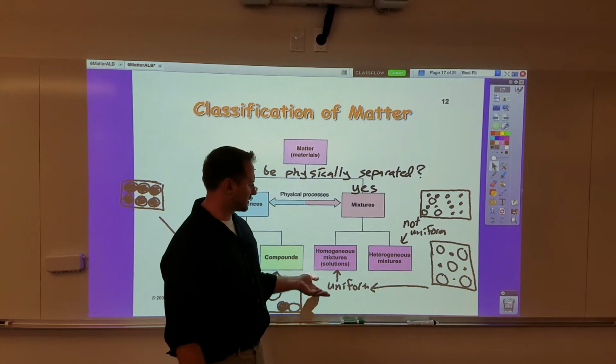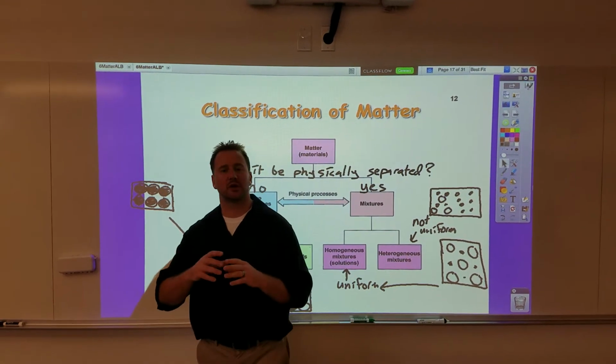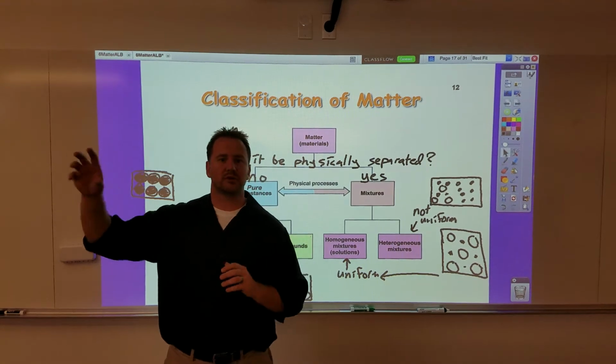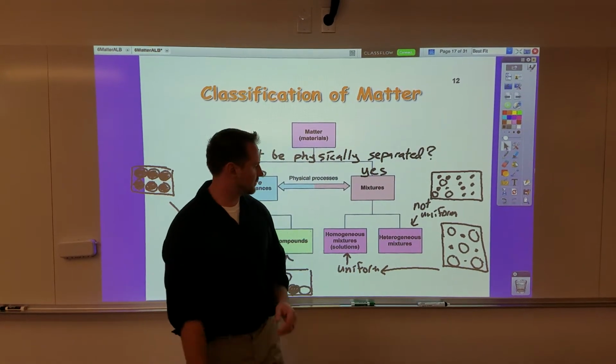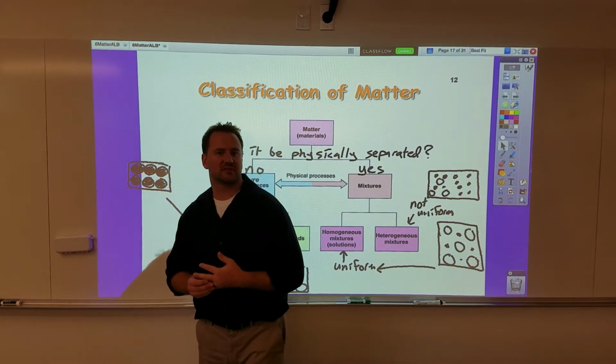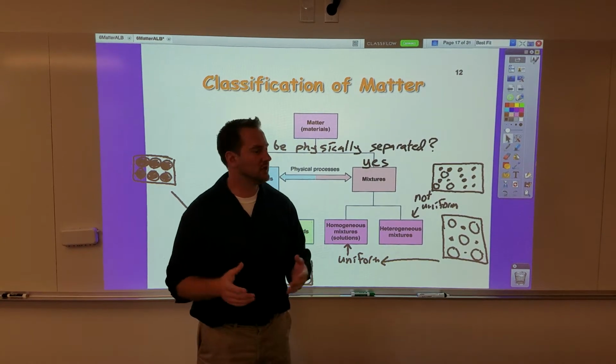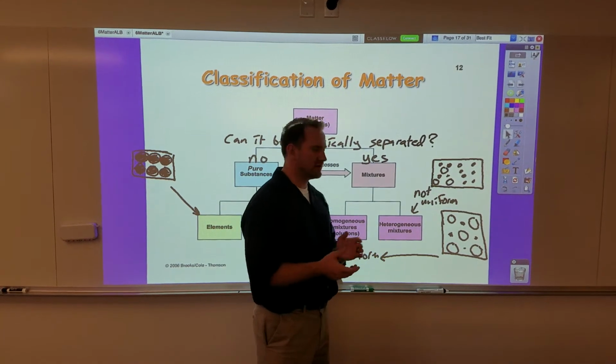So a homogeneous mixture is one that is uniform in composition, meaning the components are spread out evenly. Whether you took a sample from the top or the bottom, they'd be identical. A heterogeneous mixture, however, isn't quite mixed the same way. The particles are dispersed, not necessarily in an even fashion, and we can further go to classify these as either